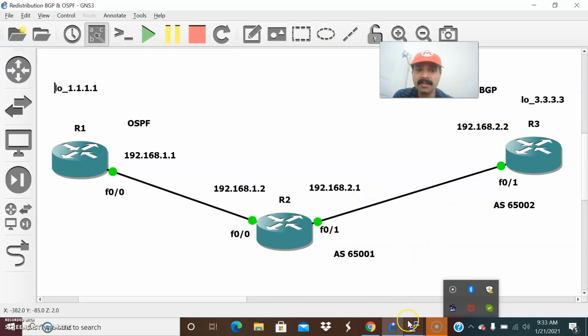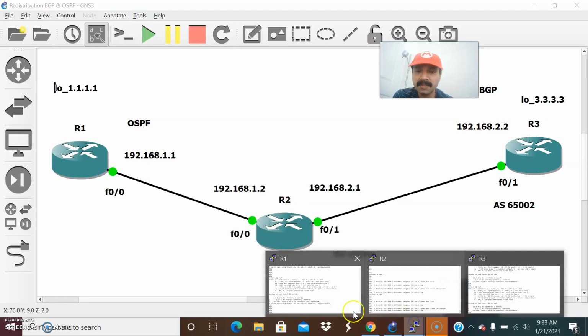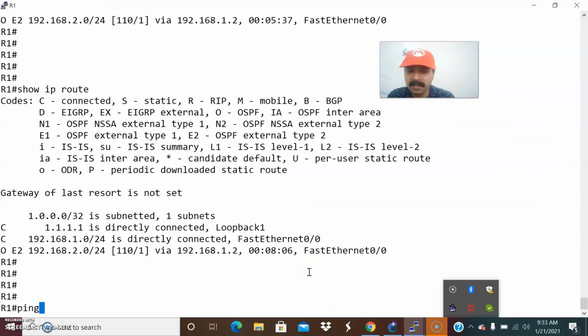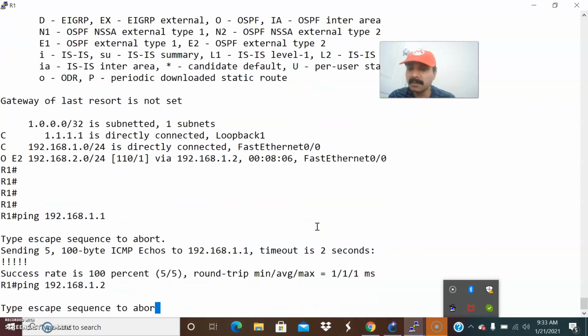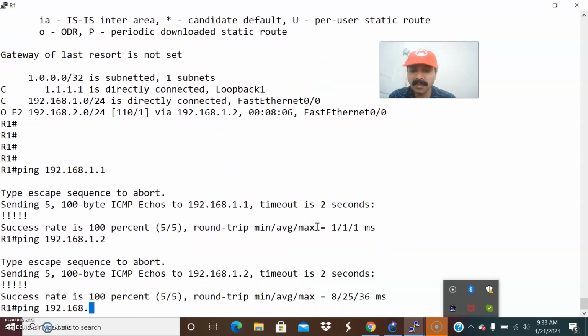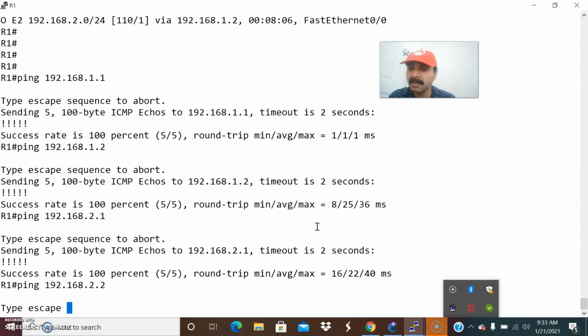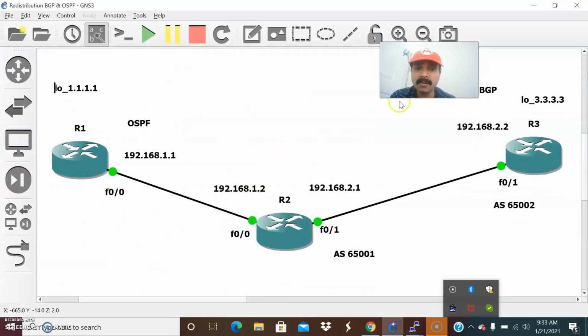So what we can do, let us ping from R1 to R2. Go to R1, 192.168. And what is the IP address, 1.1, right? So 1.1 I'm able to ping, 1.2 I'm able to ping. So 2.1 and 2.2. So the problem should be with this router, right? Till this interface I'm able to reach, but I'm not able to reach 2.2. So let us go and fix the issue.